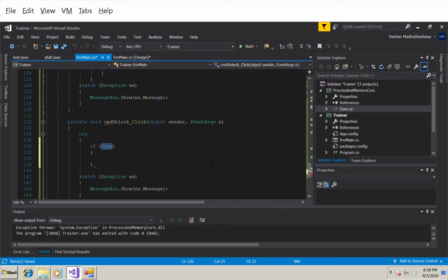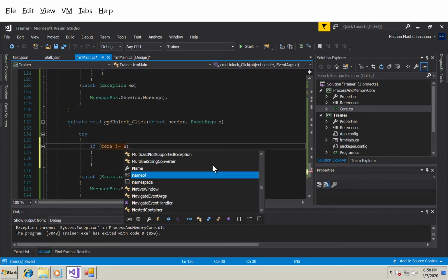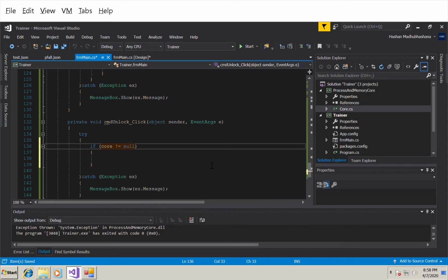If core is not equal to null, the null check is here. That's because if a user presses unlock mistakenly before locking the window, it will throw an exception in the program. So to prevent that, we use this null check. All right, so if this is not null,